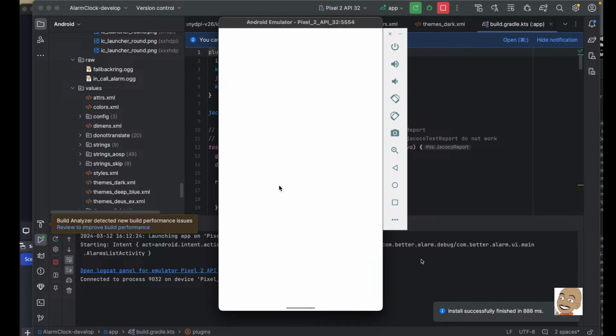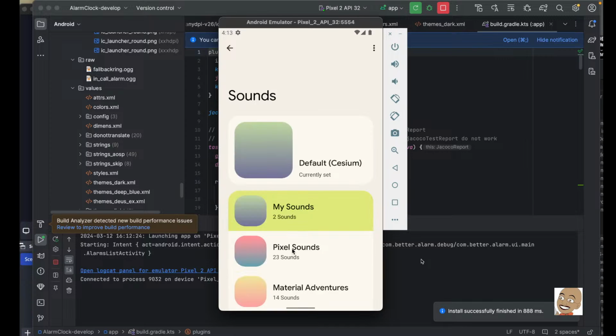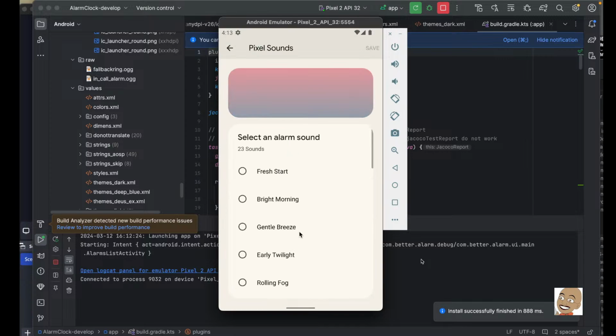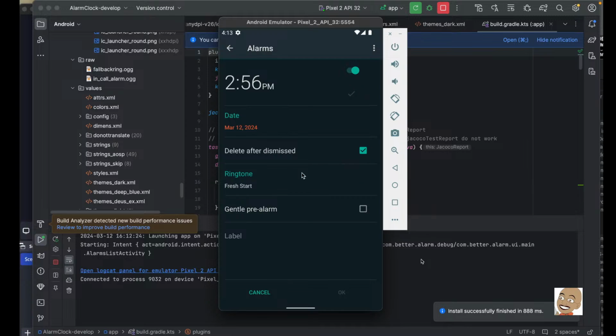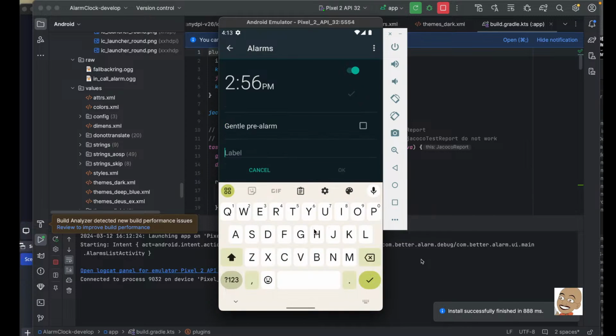And then you can choose your ringtone, which is quite nice. Gentle pre-alarm, you can turn that on. And you can even give it a label